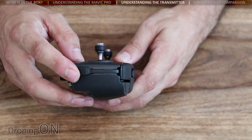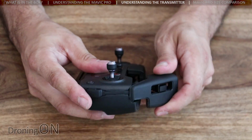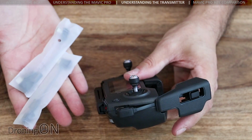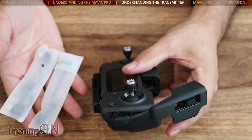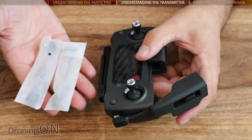And on the right hand side, we've got the OTC cable. Now, it comes shipped with a OTC cable for Apple phones. Remember, we got the two spare OTC cables here. So one of them is for USB-C, which is the type of phone that I have. So basically, when you get your transmitter, swap the OTC cable to the relevant one for your smart device that